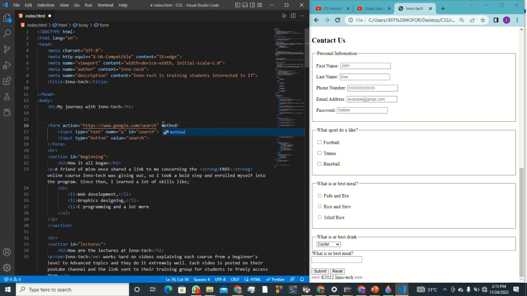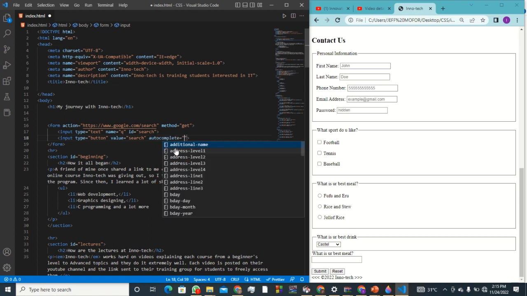So the method is going to be get. So we are telling the form to get google.com/search. So if I save and I refresh, now I want, before even doing that, I want autocomplete first of all,